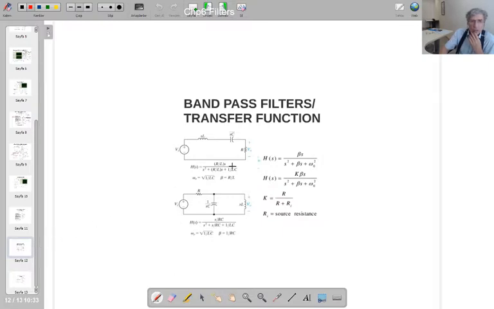That is the outline of band pass filters, either this one or this one. The transfer function is this one and this one. You can write the transfer function in terms of the parameters that we already introduced. That's the band pass here. So your transfer function is going to be like that. This is your central frequency. There is a condition here. If the upper cutoff frequency is much bigger than the lower cutoff frequency, then you can write this